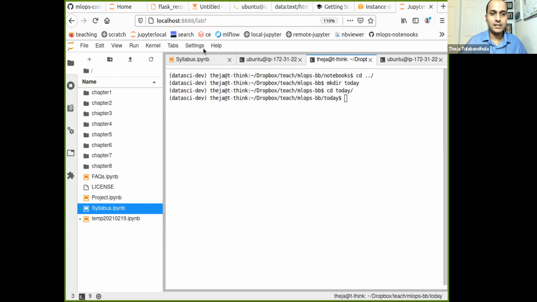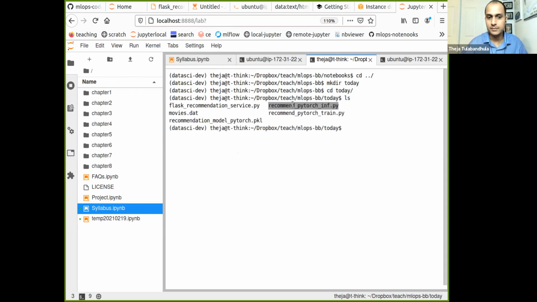So it's exactly the same files, the Flask and all that. What I'll do next is do the same Docker execution. Before I do that, let me quickly edit that Flask file so that it looks at the right files.